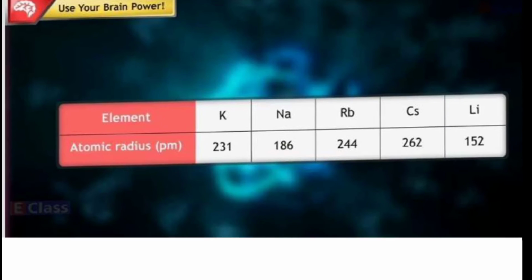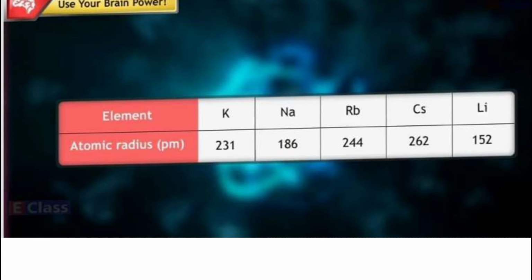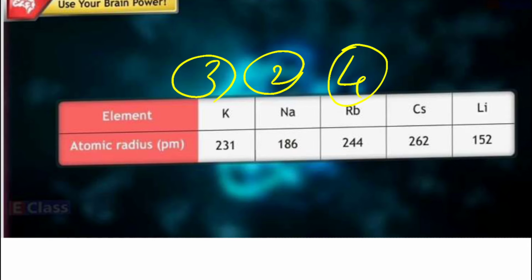Now observe this again, one study for you, and you are going to answer the question. Can you arrange in the increasing order of atomic radii? Write the smallest one first. So lithium, then sodium, then potassium. If I number it, how will you number? It is lithium which is first. Then you have sodium second. Then you have potassium third. Then you have rubidium 4, and then the fifth one is gallium.